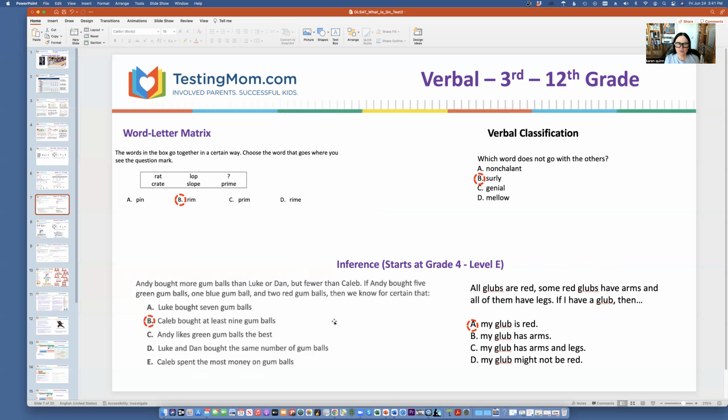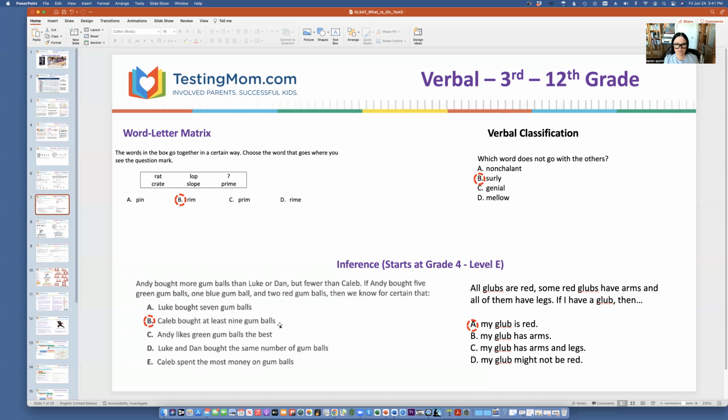And inference questions, these start at 4th grade, and children can use scratch paper for these. And by the way, on the math word problems, they can also use scratch paper. But they have to use their logical thinking and inferential thinking skills to come up with the answers here. So for example, Andy bought more gumballs than Luke or Dan, but fewer than Caleb. If Andy bought 5 green gumballs, 1 blue gumball, and 2 red gumballs, then we know for certain that Caleb bought at least 9 gumballs